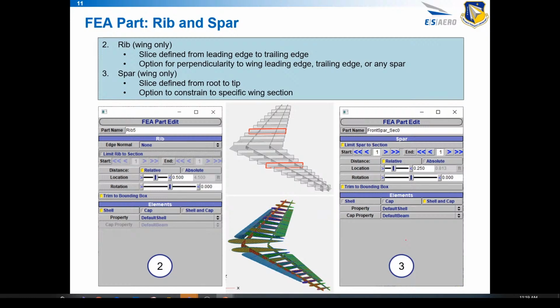For both of these types, you can specify the distance as relative or absolute. You can specify a rotation. So this is going to be just a rotation about, I believe, the z-axis for a wing. One limitation here that we have at the moment is